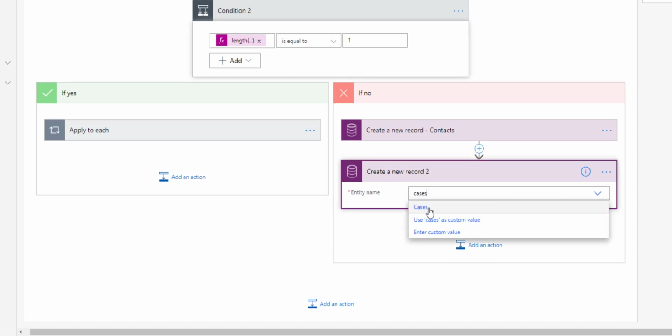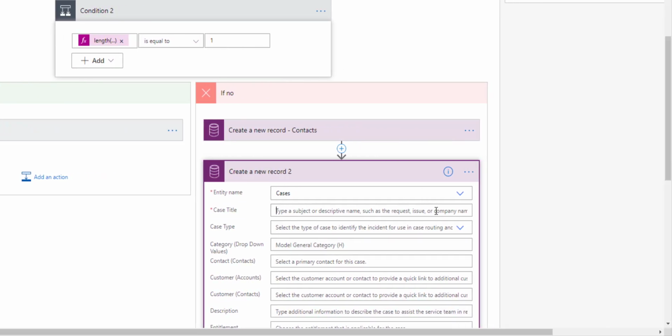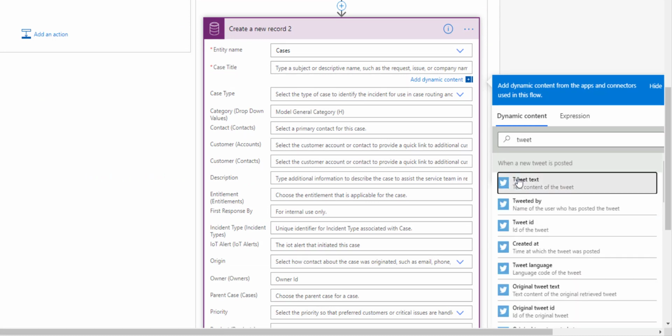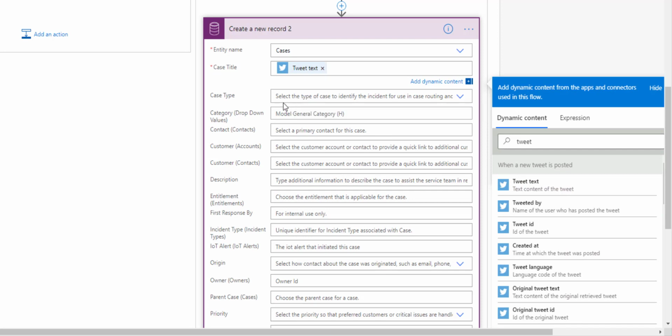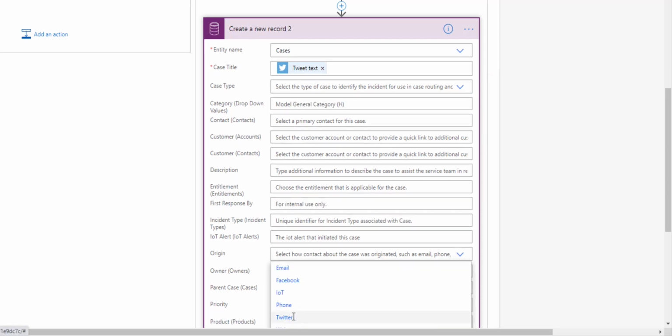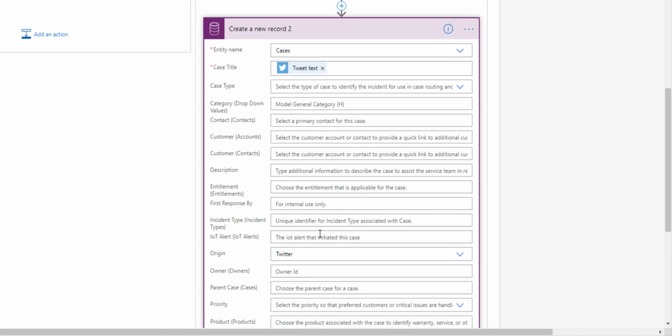There we go. Case title, we're going to use the tweet text. Here we go. We could put in a case type here. We could put in an origin here, which is Twitter. And then obviously we need to tie this to that contact that we just created. So I'm going to, again,